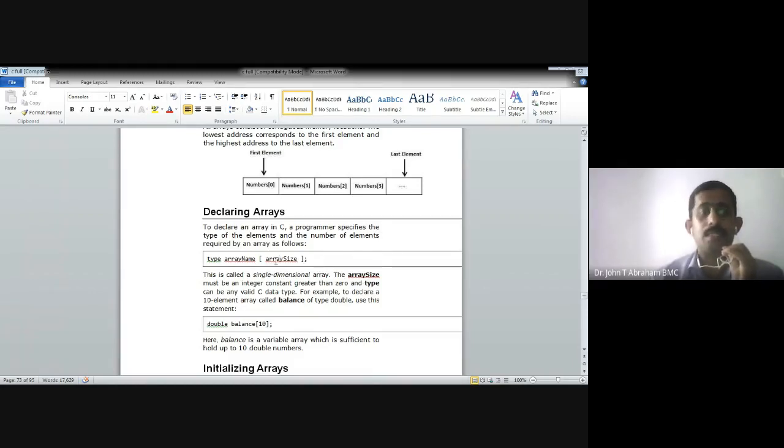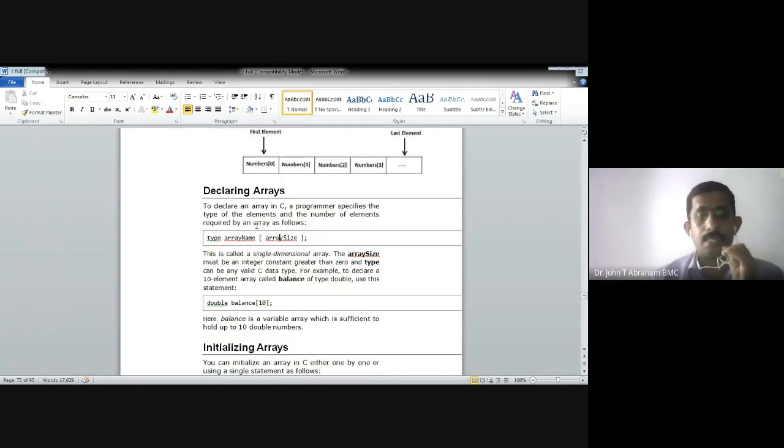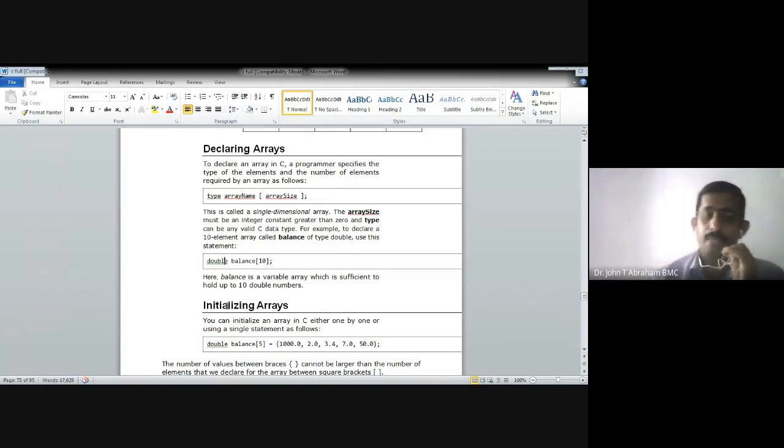This is a single dimension array. We write, for example, double balance of 10. That means balance is the name of the array, 10 is the size of the array, and double is the type. Suppose another array A of 10: 10 elements will be there.